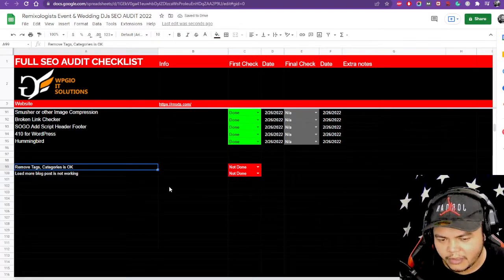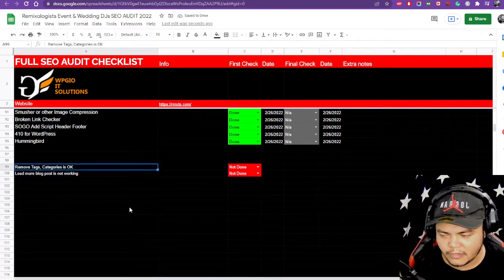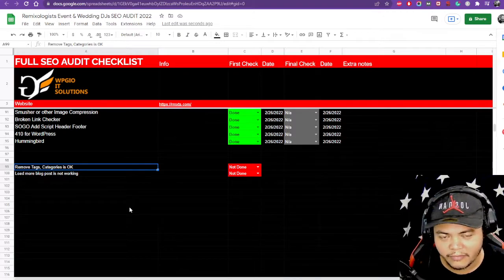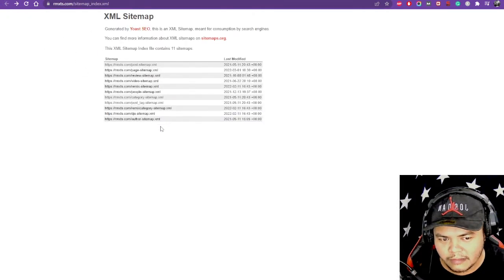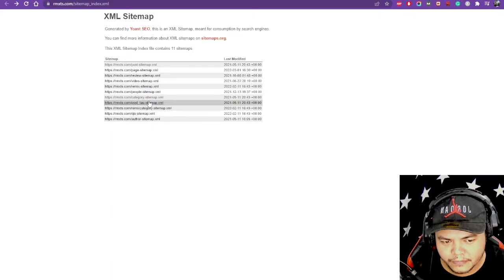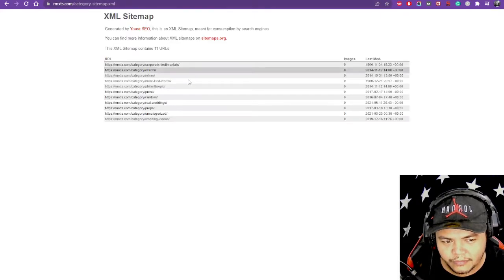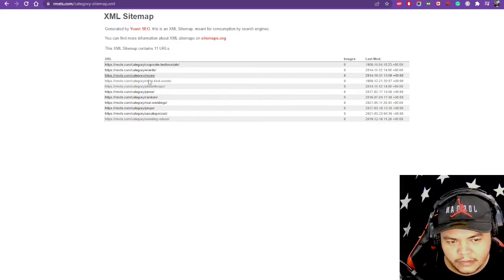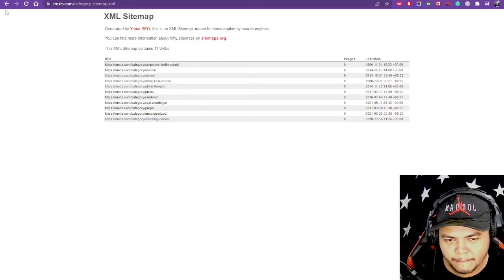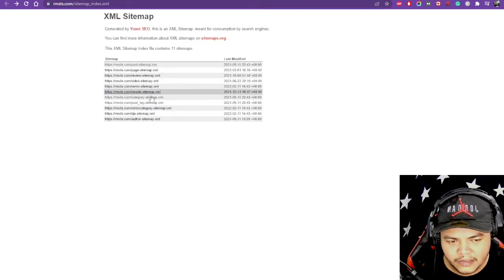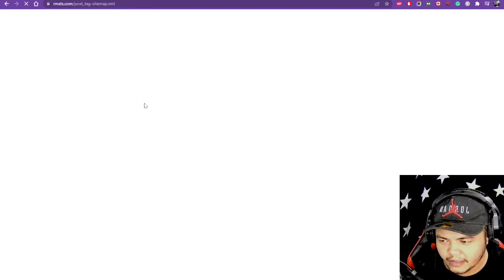All right, so I put it: removing tags and categories is okay, because categories have different content inside of its pages. What I'm talking about is sample. The category is not the same as this, right? So that's good. So we can let the category stay, but the post tag needs to be